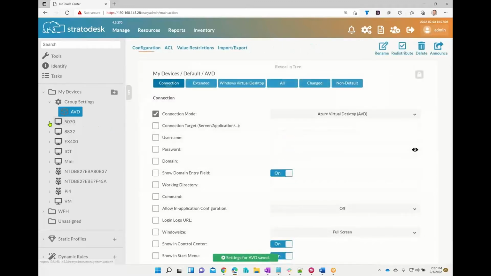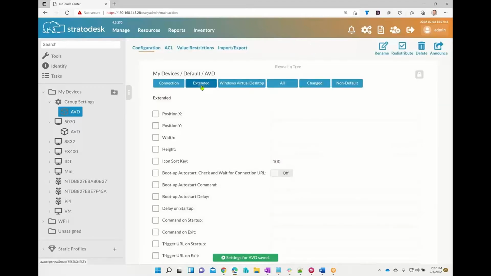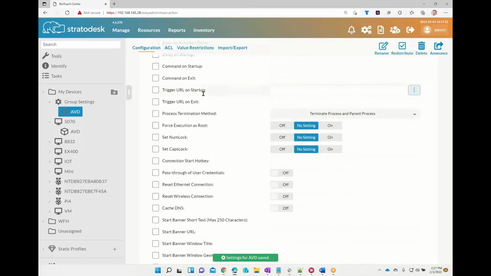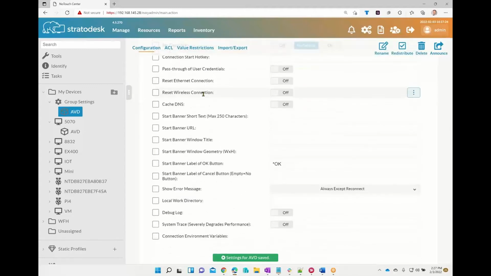Now, the next thing you'll notice is that the connection property has been propagated or inherited to all the devices that are part of the device tree. But now what we're going to do is go to the AVD connection. We're going to go to the extended tab. Now that I'm on the extended tab, I'm going to scroll down and find the start banner